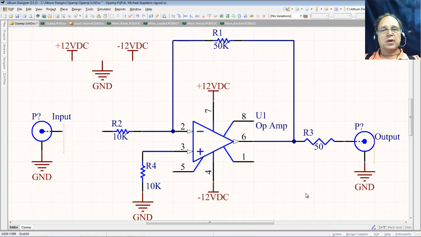Now look, I mirrored my part. I can connect straight across with my ground on the bottom. These two are not connected. I need to connect those. So I have an option. I can put my wire on there, but let's do it a different way just so you can see some